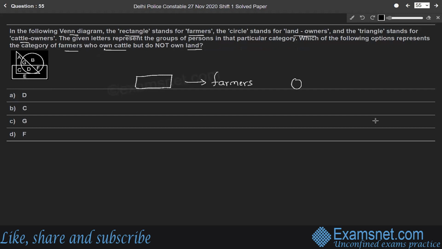So the circle represents landowners, and the triangle stands for cattle owners. According to the question, the category of farmers who own cattle but not land. Right? So here,